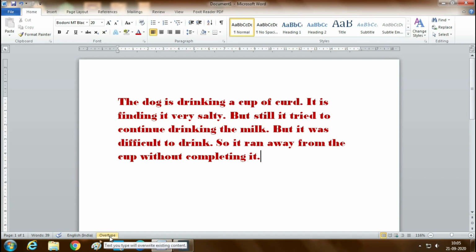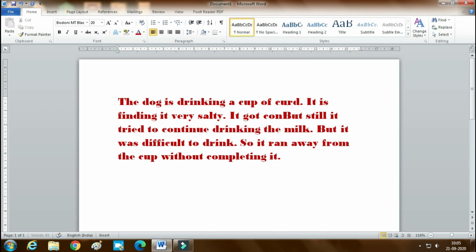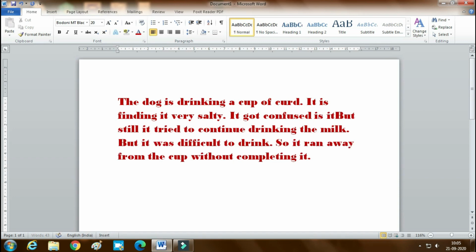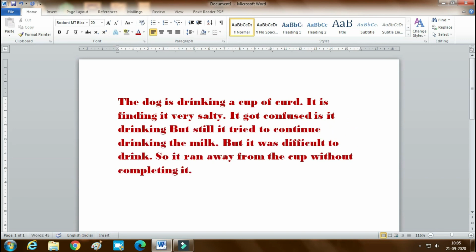Now we shall click on insert. Click again, we get insert. We shall add some sentence in between the two sentences. You can see the sentence is shifting to the next line when we are typing. This is called inserting the text. So it got confused.